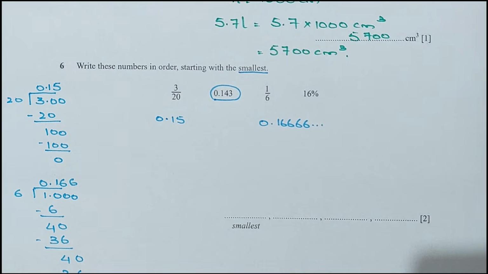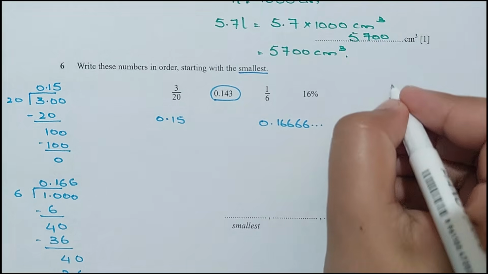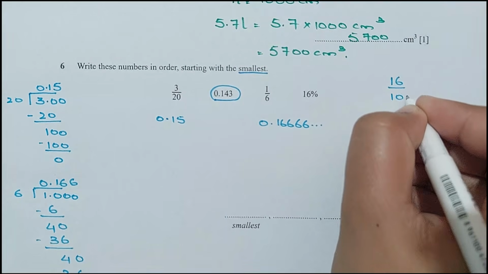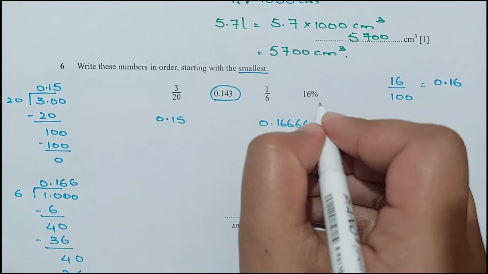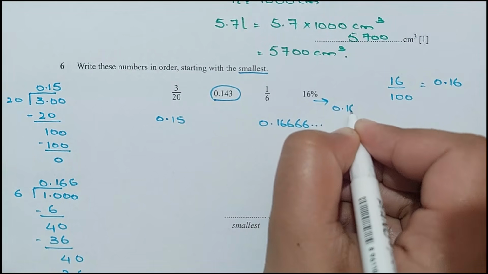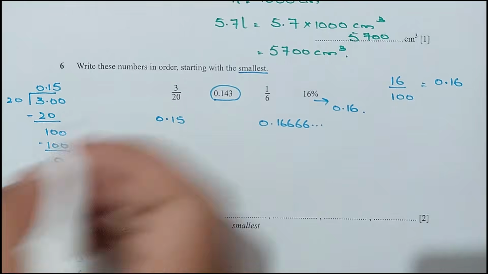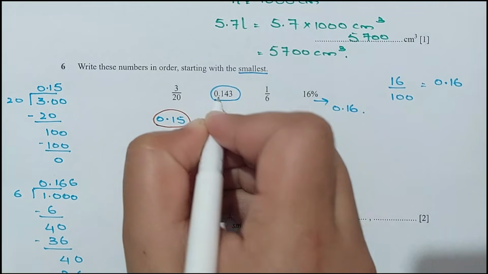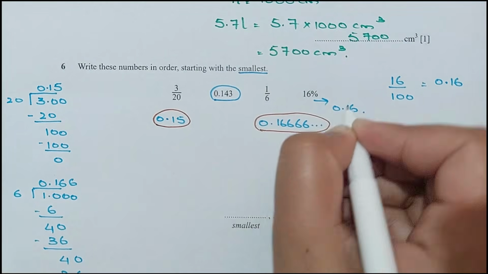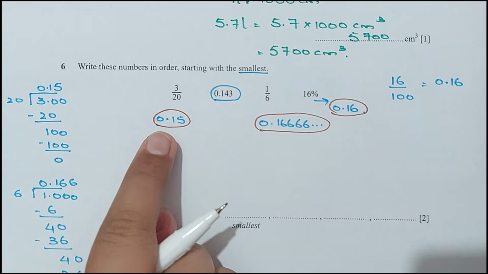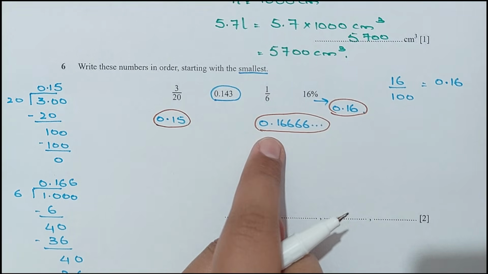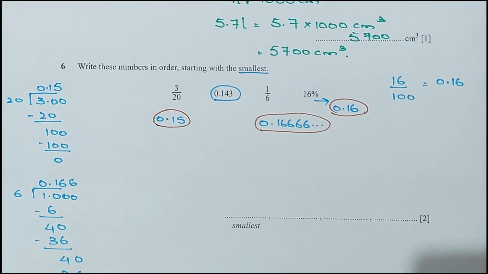So 16% is basically 16 divided by 100. 16 over 100, which is 0.16. Okay, now we have this number, this one, and this one. So which one is the smallest? 0.15, 0.14, 0.16, 0.16. So 0.14 would be the smallest one. This one,